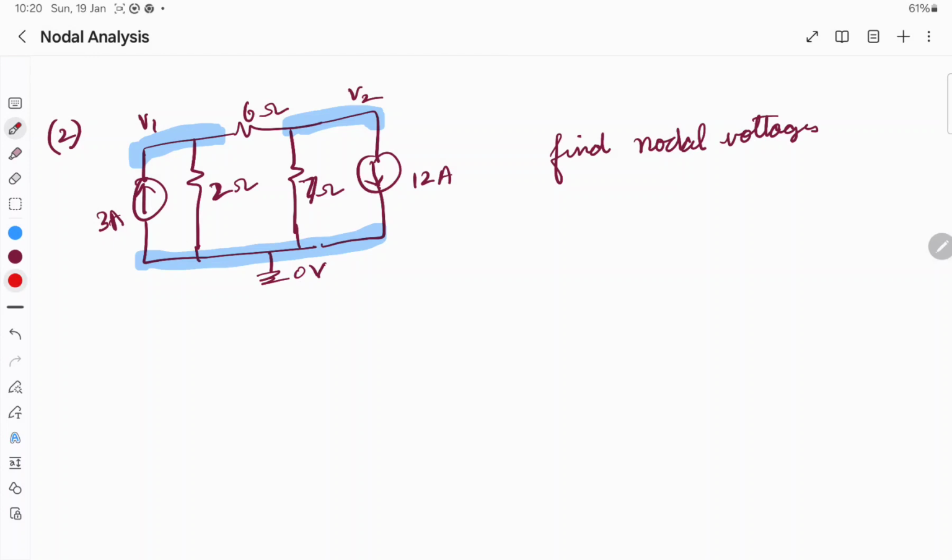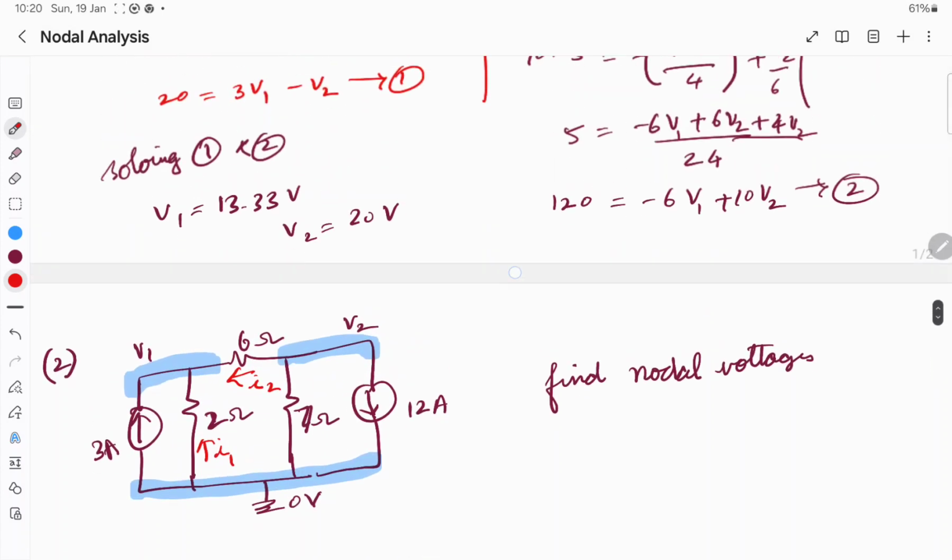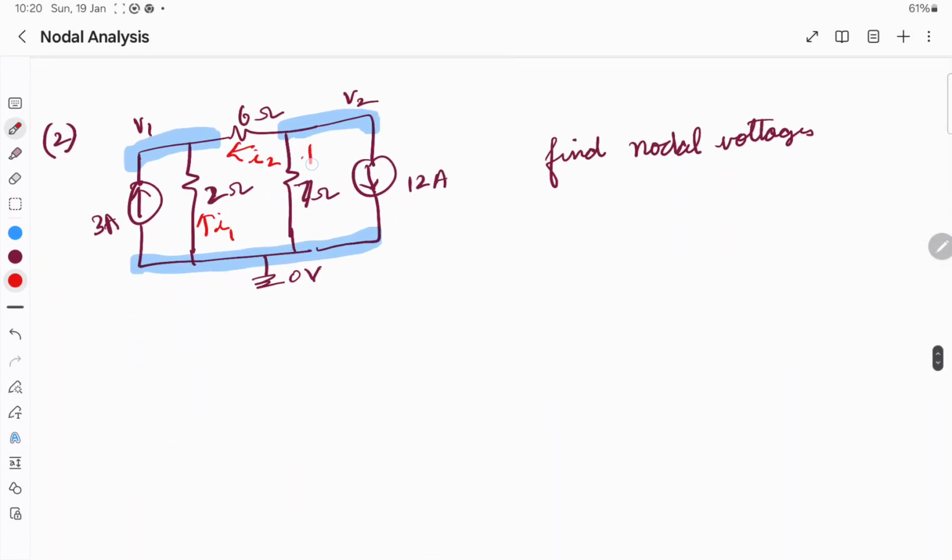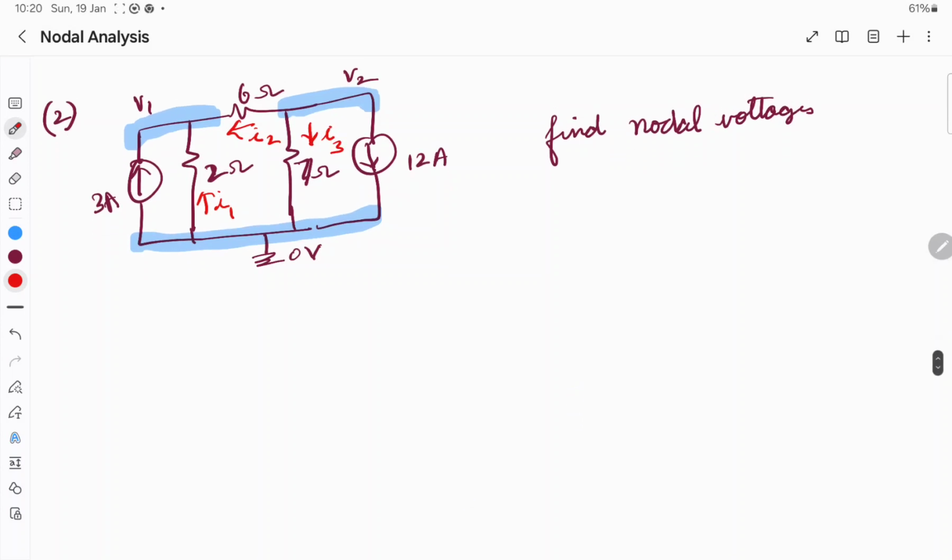Let us assume an arbitrary current direction, any direction you can assume, top to bottom. Top to bottom is I1, this side I am assuming as I2. The current flowing through 7 ohms I am assuming as I3. Okay, so apply Kirchhoff current law